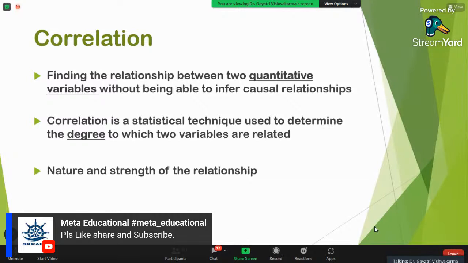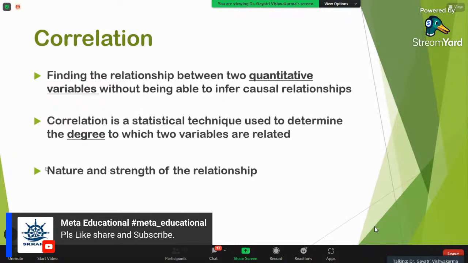So basically with correlation we can find out two things: one is nature, another is strength. Nature means they are positively associated or negatively associated. If I talk about two persons, not variables, and I observe that they are connected with each other, I want to find out whether they are friends, relatives, or enemies, right?